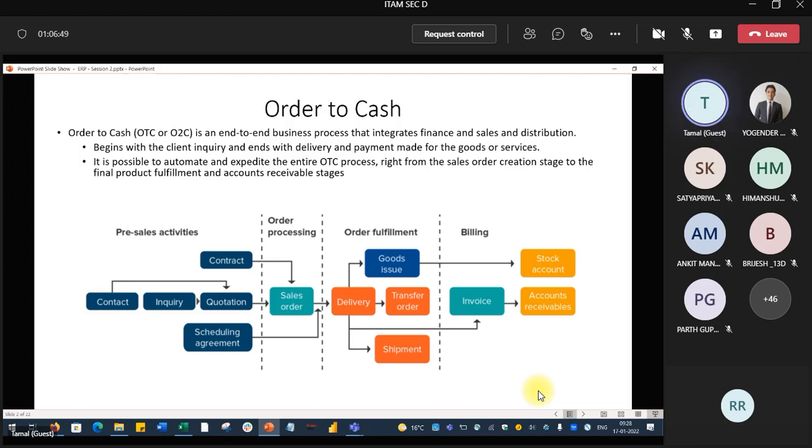So this entire cycle is known as O2C. This is where the major chunk of the ERP implementation lies. I was discussing this; whatever I have told is actually written.